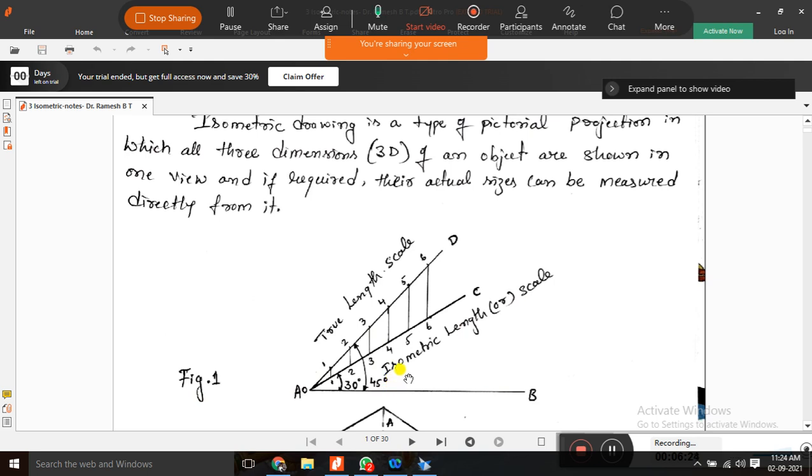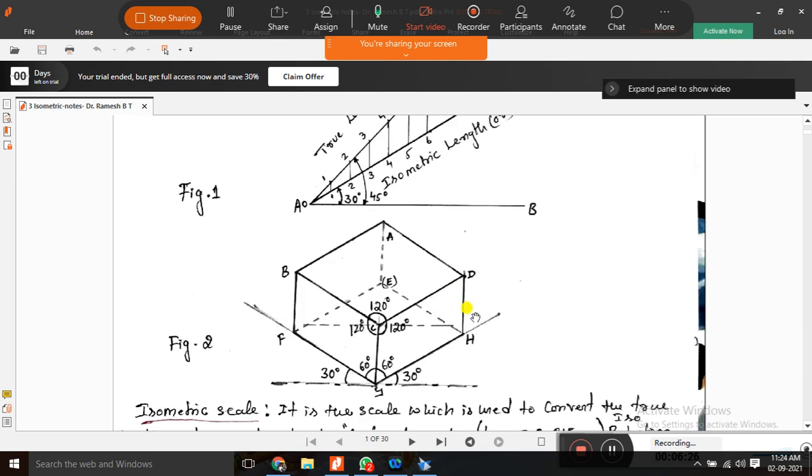So that is what isometric length. And you just observe a rectangular slab, or a square slab is there, and that square slab I am going to draw on the isometric. If you want to draw it on the isometric, you have to construct it with the 30 degree line. First you have to draw a horizontal line and mark the 30 degree line. Then you are going to represent your rectangular or square slab onto that 30